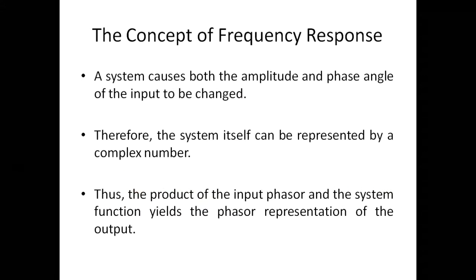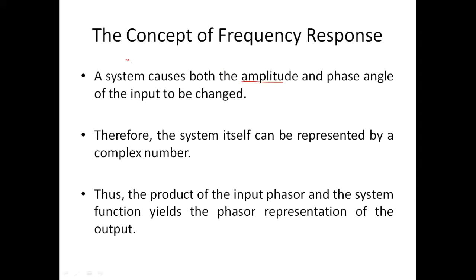A system causes both the amplitude and phase angle of the input to be changed. So the system also has an amplitude and phase angle, and this system will cause both the amplitude and phase angle of the input to be changed, and you will see why and how. Therefore the system itself can be represented by a complex number. So the product of the input phasor and the function